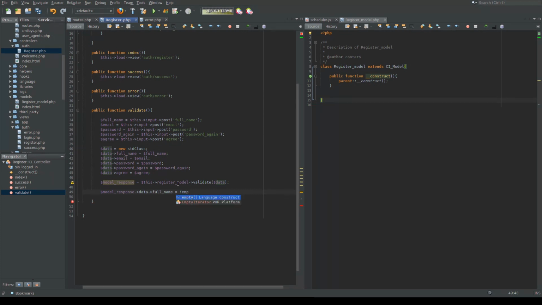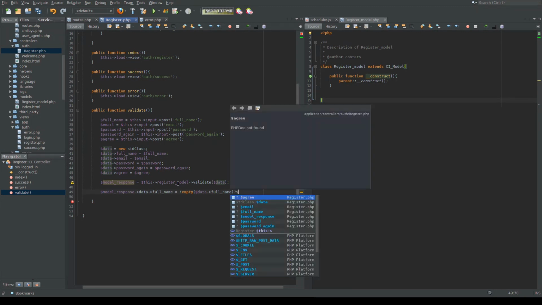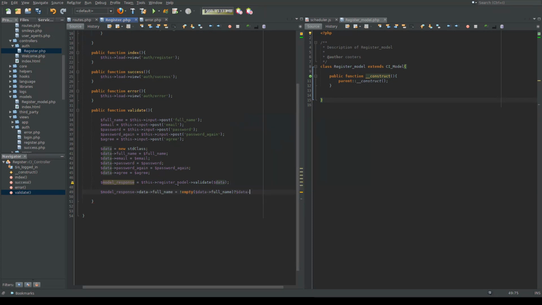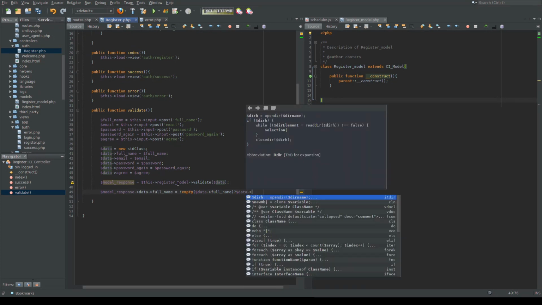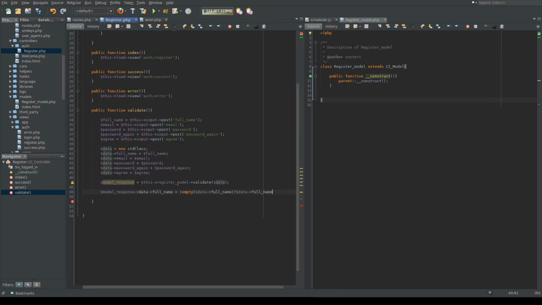So if not empty, data, full name, oops, full name. I may end up changing this as we go along when I get to the model, but like I said, for now, this is how I have it written, so I'm going to go with that and see what happens. So full name,